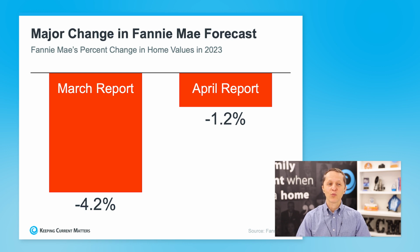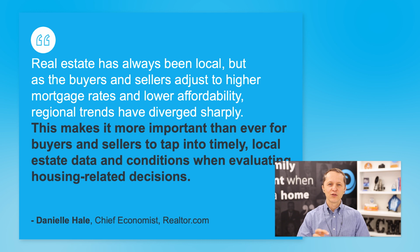Fannie Mae expects prices, at least right now for the year, to drop only 1.2% from 1 month earlier when they thought prices would drop 4.2%. So going forward, I expect to see possibly even more revisions to people's forecasts, given how the market is performing so far. And to really highlight what's going on in the market, here's Danielle Hale, chief economist for Realtor.com, saying,